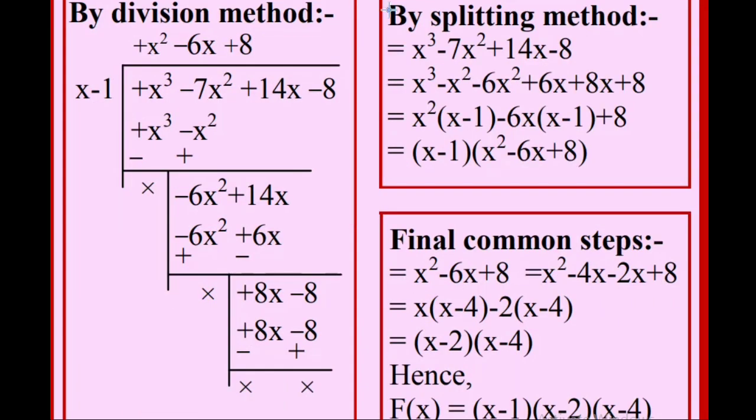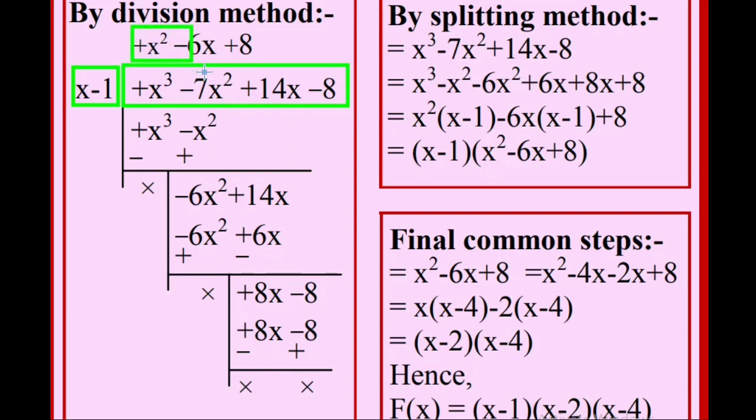And now we come down to the simple common process to find the other two factors. Here two different processes are mentioned. The first process is a simple division process, which is very common. The polynomial x cubed minus 7x squared plus 14x minus 8 is there, and I am dividing it by x minus 1, a very common division process, and I found that the quotient obtained is x squared